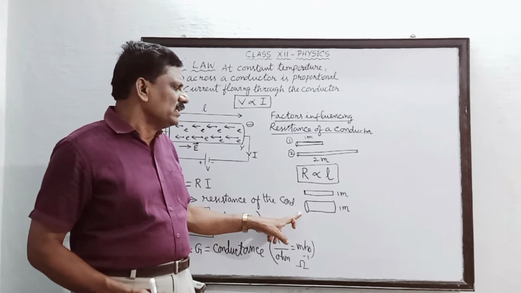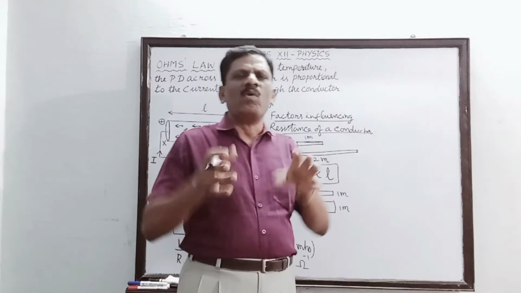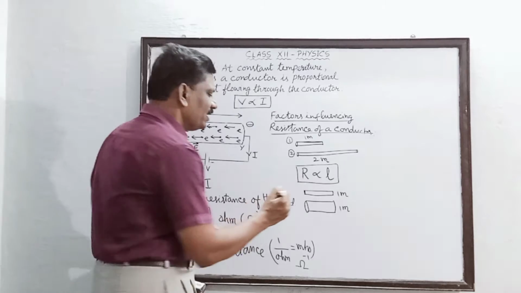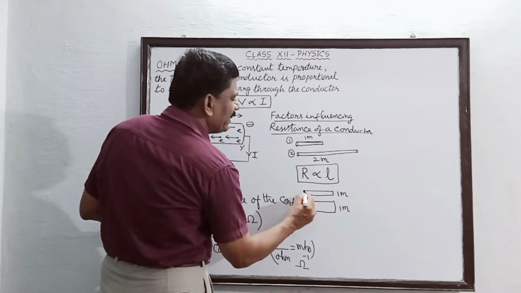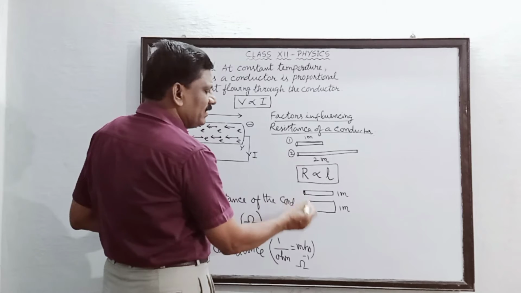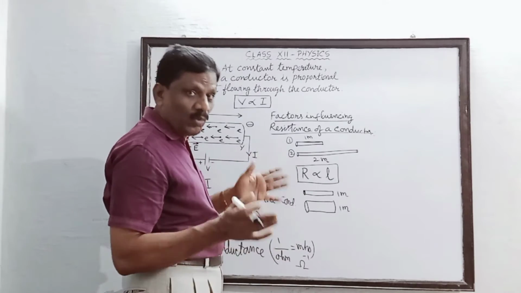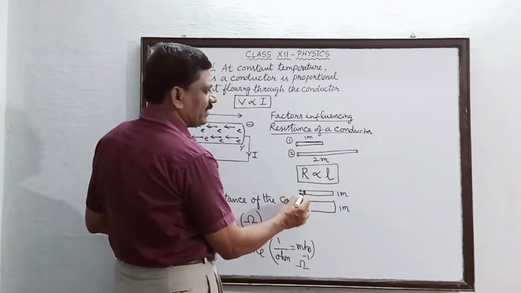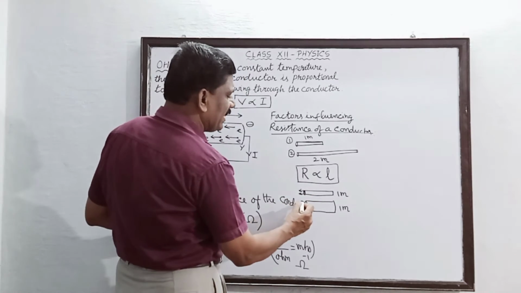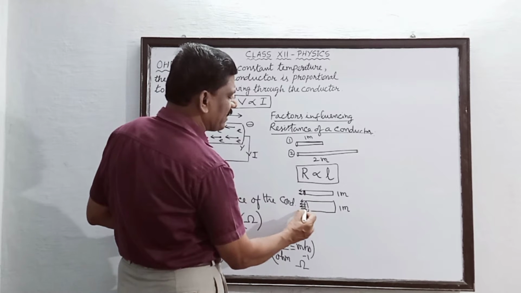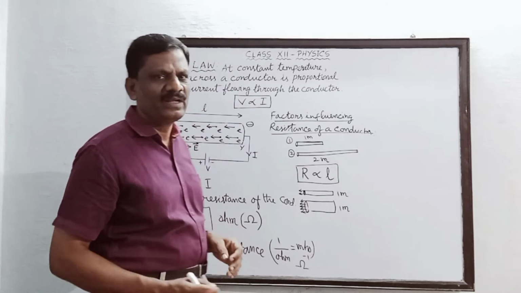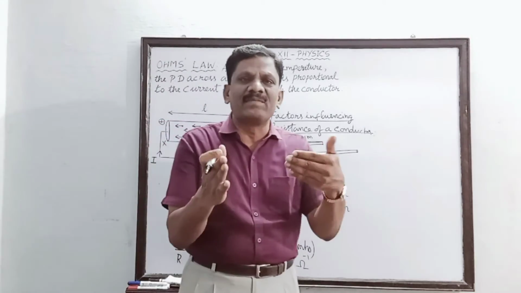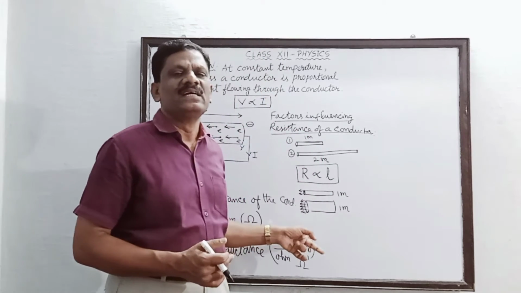Okay. Now, in which of these two cases can more electrons cross the cross section every second? You see here, this is like a pipe conveying water, and this is a very large pipe conveying more water. Therefore, here the number of electrons crossing every cross section will be very less. Whereas here at the same time, more electrons can come out through this cross section. So in a given time, in which of these two wires can more electrons be conducted easily? It is the second case. Is it not?